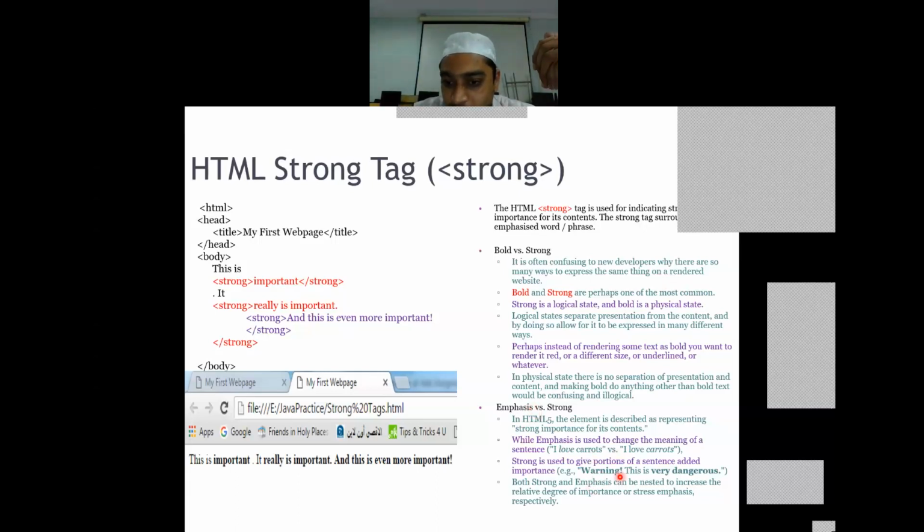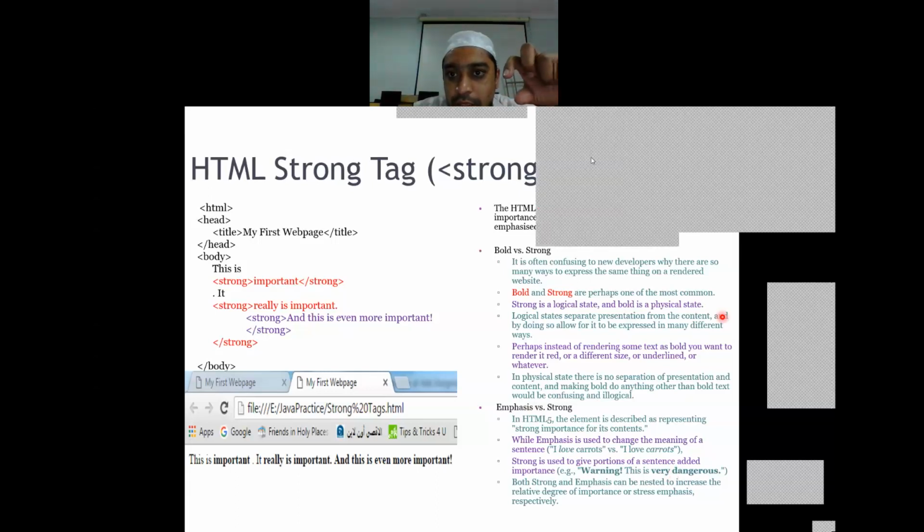For example, warning. Warning is a strong thing, whereas what is the warning meant for? On what am I stressing? Warning can be kept in strong, whereas "it's very dangerous to be near the chemicals" is what I need to stress on.